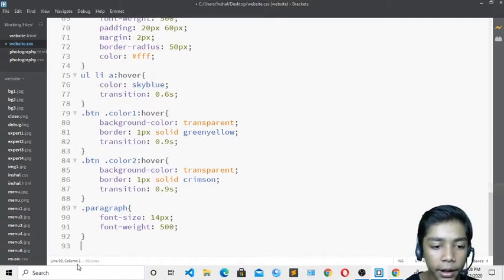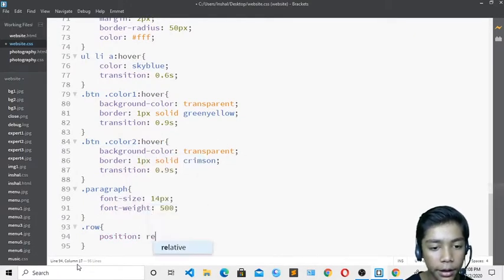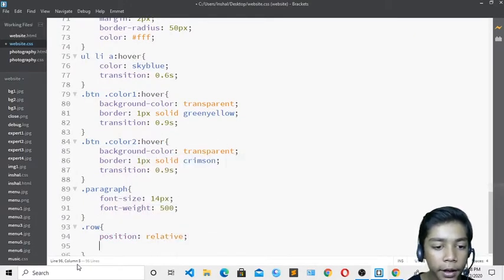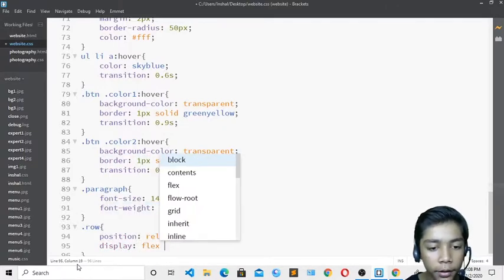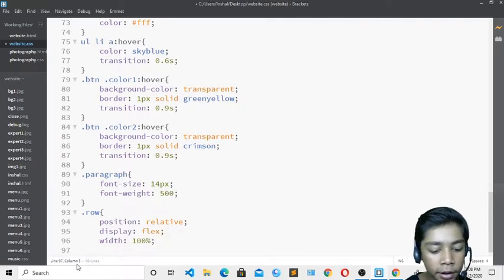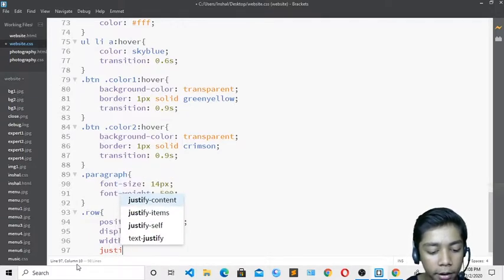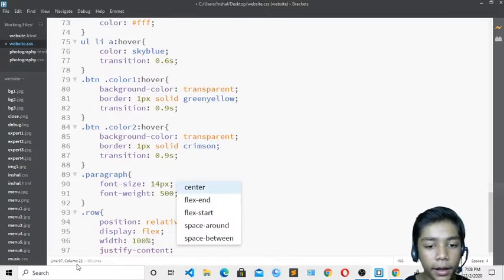Now I will come over here and write dot row, and over here I will write position should be relative, and display flex, width of 100%, and justify content, correct spelling, justify content should be space between.